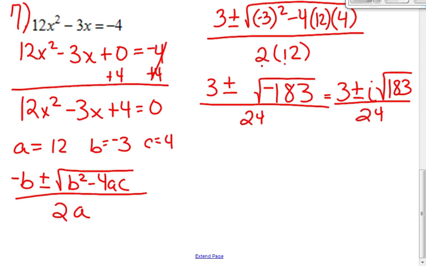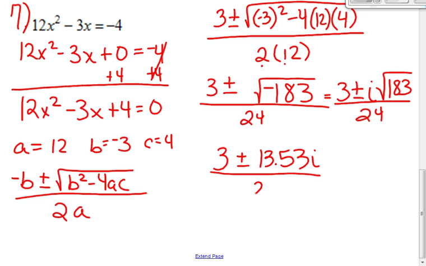So I can do this 2 ways. I can go ahead and change it to a decimal, or I can break it down doing the factor tree. All right, so I'm going to take the square root of 183 in my calculator. That gave me 13.53. So I'm going to have 3 plus or minus 13.53i